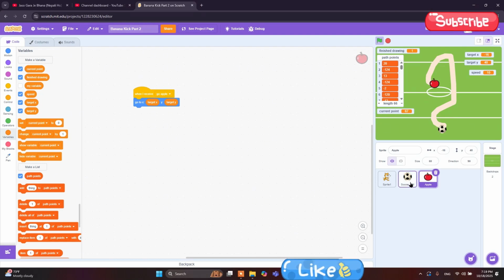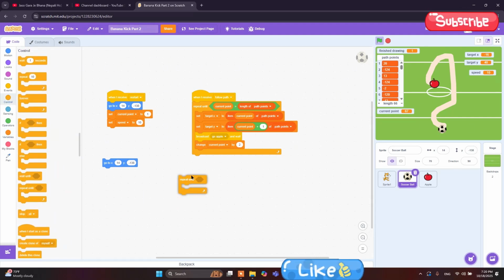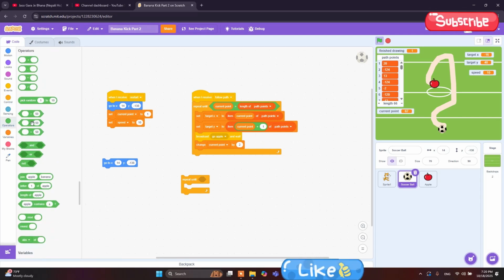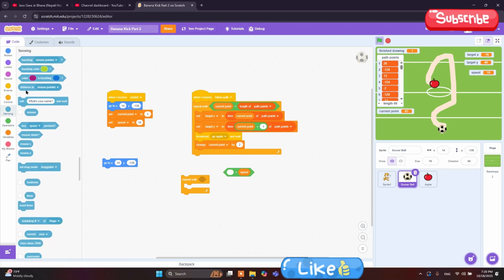And next, let me go to the soccer ball again, and here now we are going to make the soccer ball follow the path but smoothly. For that, let me go to the control and drag a repeat until block just here for now, and let me go to operators and drag a less than operator, and let's go to variables and drag a speed variable in the right part of this less than operator, and the left part we are going to go to sensing and drag a distance to mouse pointer operator here,